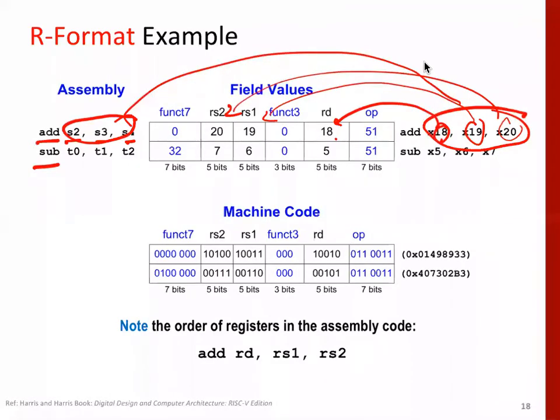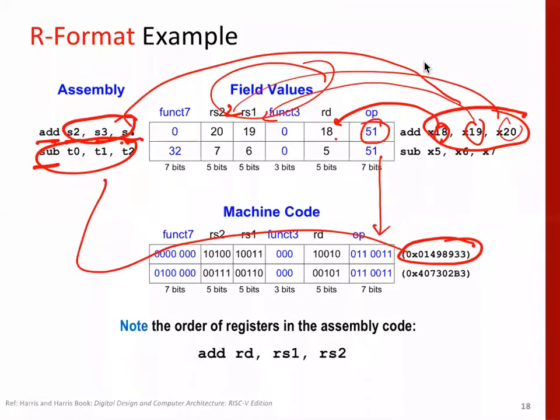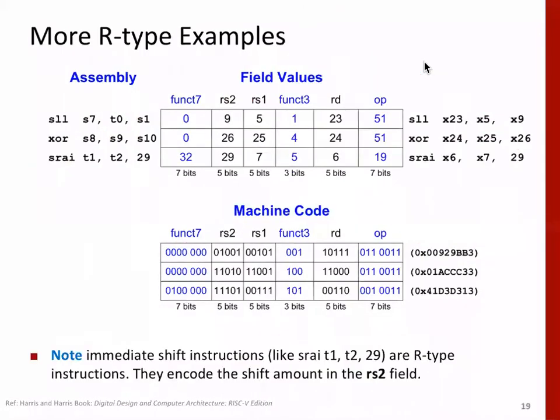What we have shown here are decimal numbers; these are nothing but field values, and they have to be converted into binary. So add s2 s3 s4 will convert into this one, and this instruction will convert into the one here. And other instructions are sll,